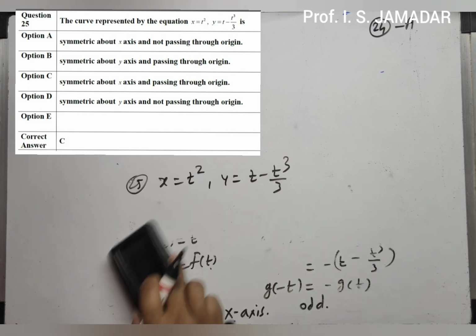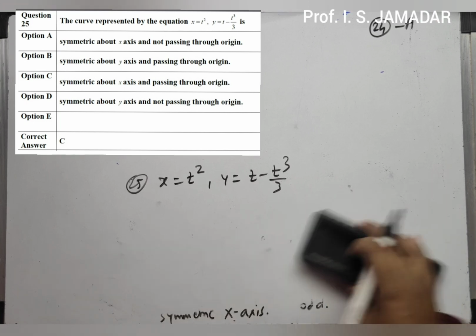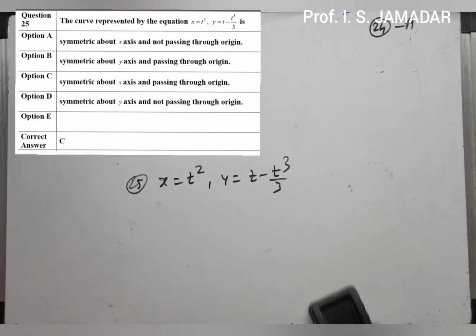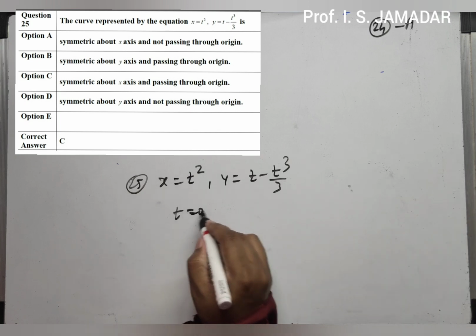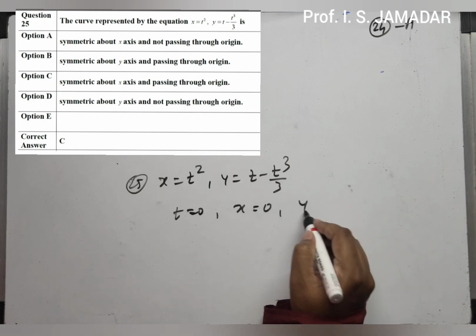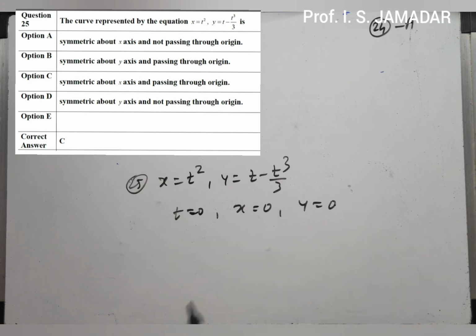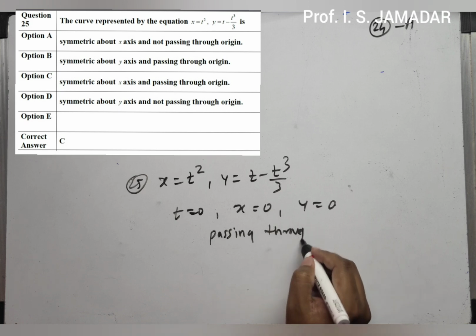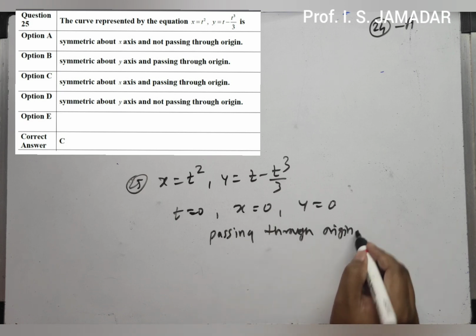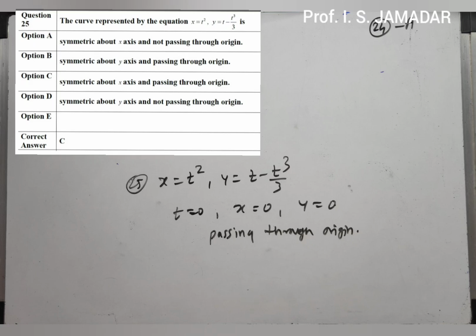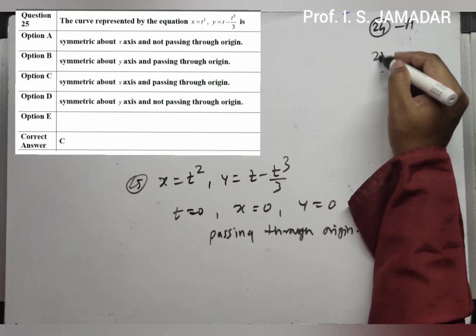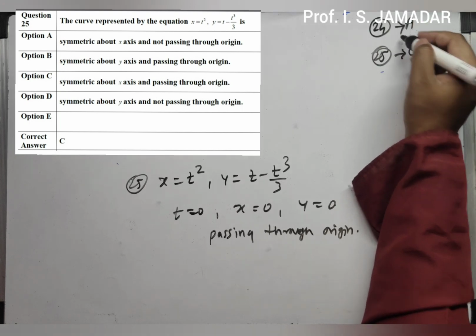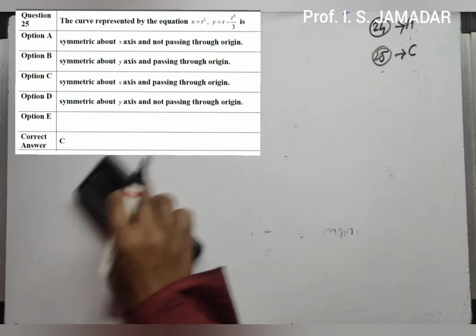Now for origin, is there any value of t for which both x and y become 0? Surely. Here you can see that for t equal to 0, x is 0 and also y is 0. Both x and y become 0. Therefore curve is passing through origin. Therefore it is symmetric about x-axis and passing through origin. Option C is the answer. Option C. Okay, so this is question number